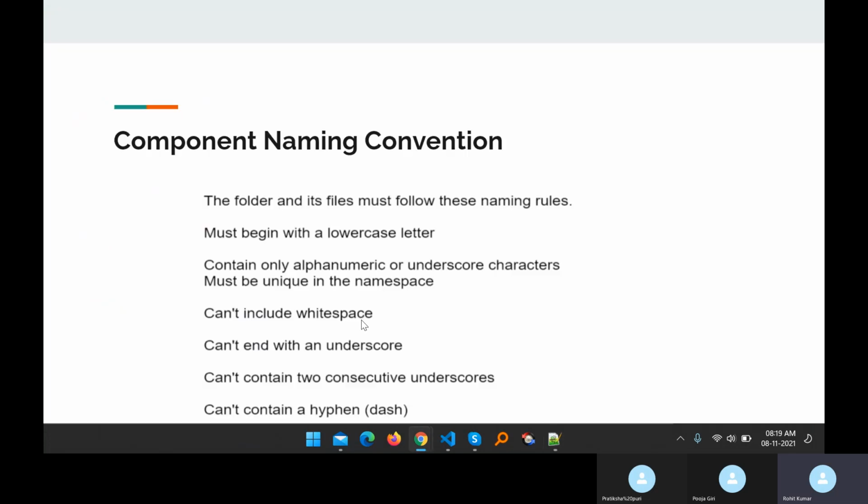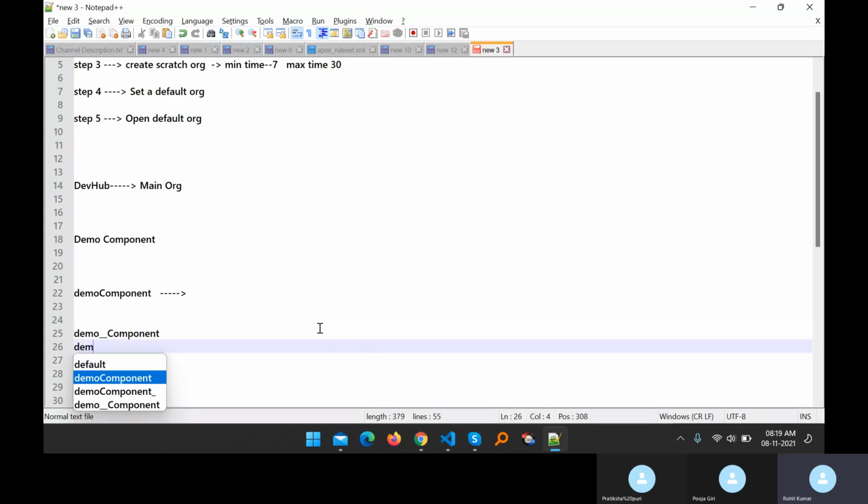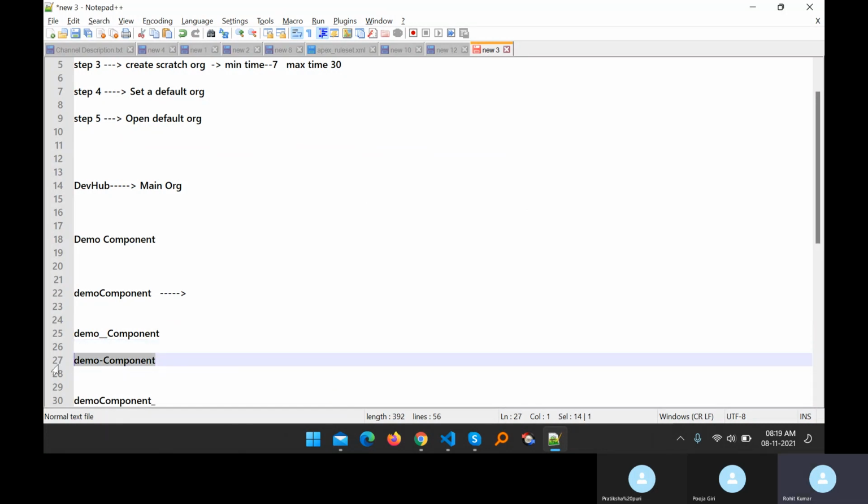Also, a name cannot contain any hyphen in between the component name, like demo component. If you give any hyphen in between, it does not accept this one. Okay, hyphen.